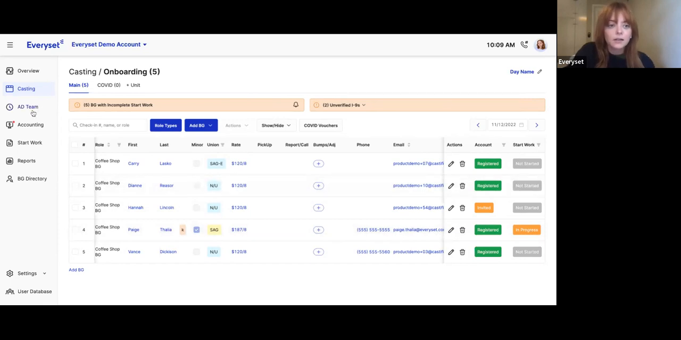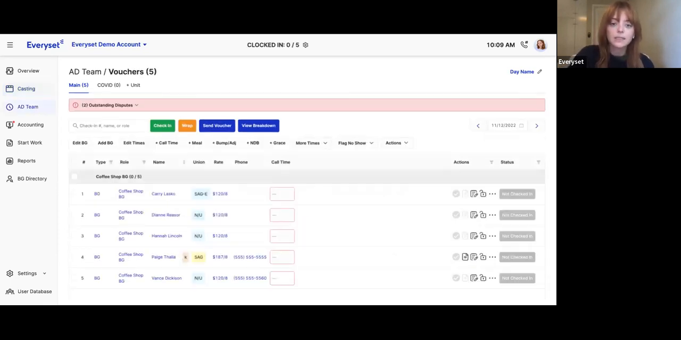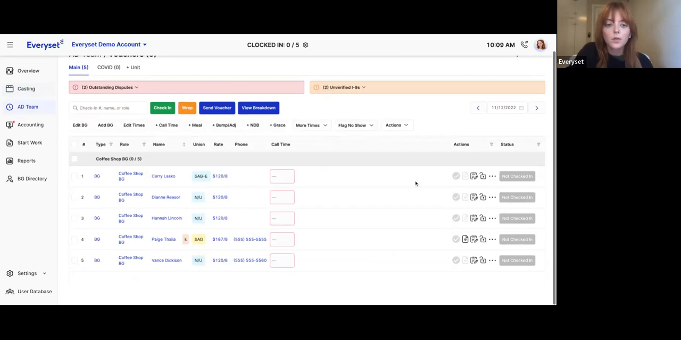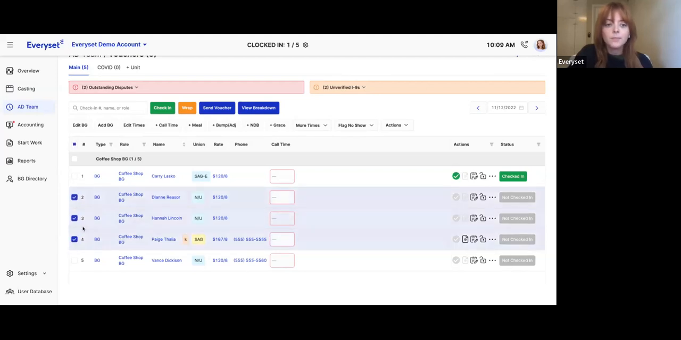Everyone is added here, this is where the AD team comes in. So this is what the time cards look like on the AD side. The very first thing that they do is they check in the background as they show up to set that day. Typically, they're doing that one by one here. If they have a couple of people they need to check in at the same time, they can do that